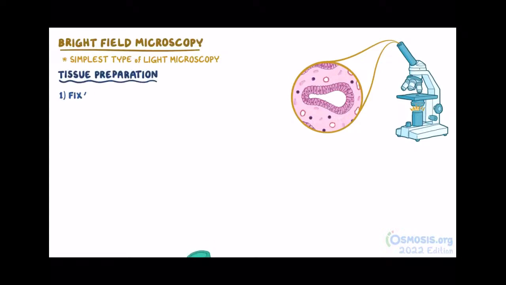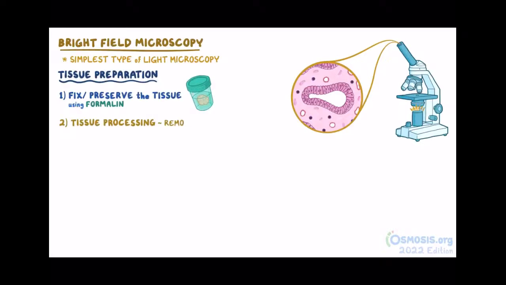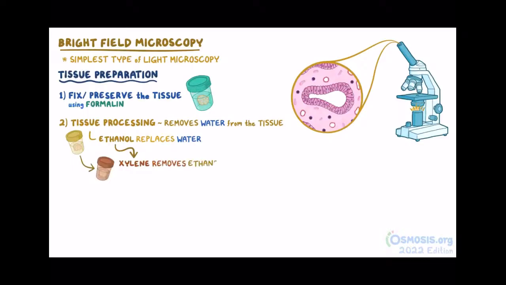First is to fix or preserve the tissue using formalin. The next step is tissue processing, which is the step that removes water from the tissue. This is done by using ethanol, which replaces the water in all the cells, and xylene, which removes ethanol by dissolving it, making it easier to embed the tissue in paraffin. Embedding the tissue in paraffin wax is the third step, which removes xylene from the tissue and also solidifies into